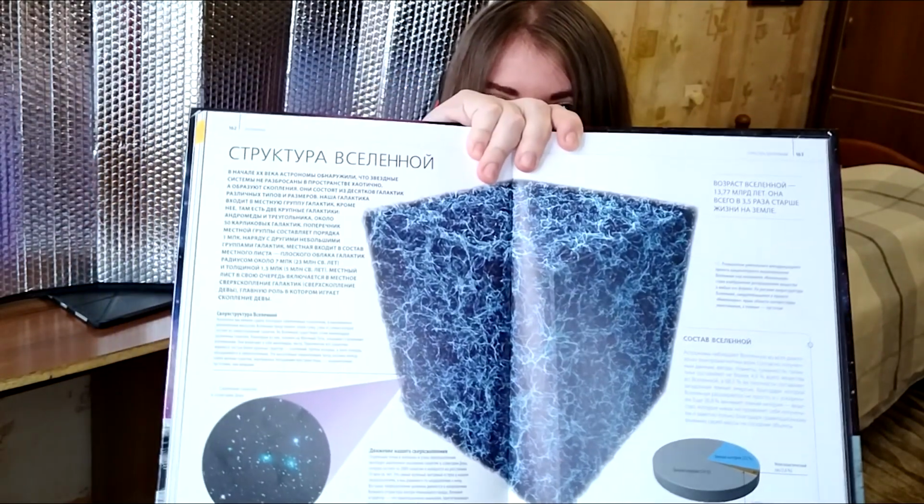I just want to show something. For example, this is how our universe looks. It's the structure of the universe. When I saw it, I thought, so our universe looks like a sponge for washing dishes. Not very poetic, but okay. So what's interesting is,